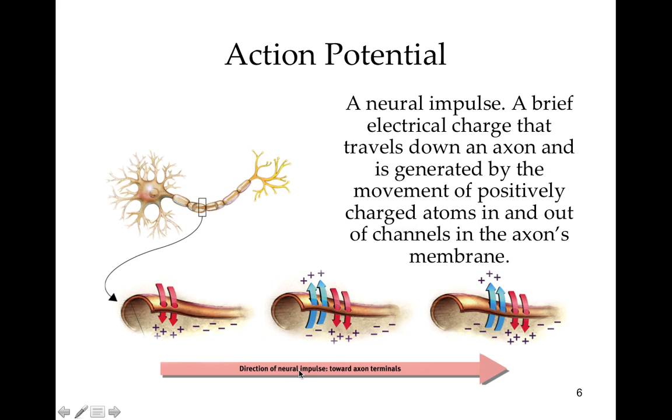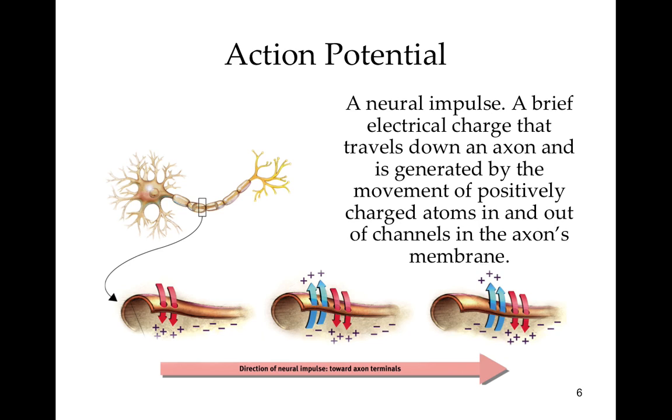And the direction of the neural impulse toward the axon's terminals is that action potential. What you need to know is that the very first step of action potential causes this brief change in the electrical charge. And if it's strong enough, this produces depolarization and an action potential. So if it's just resting and neural firing hasn't taken place, it's considered in a polarized state. Depolarization takes place when the